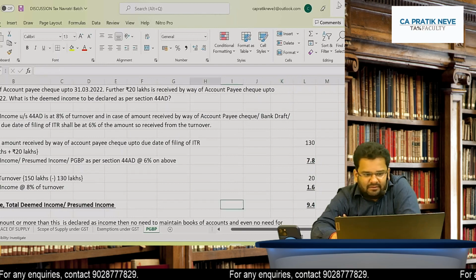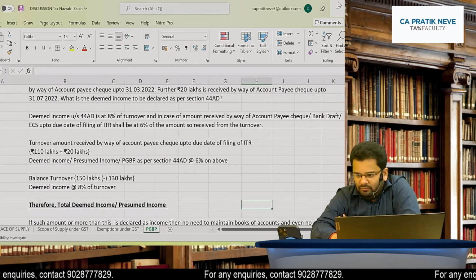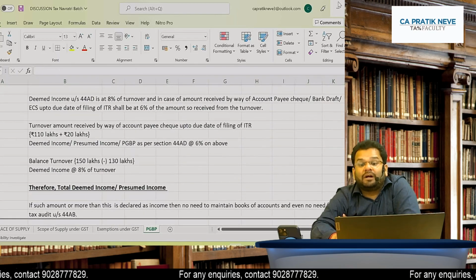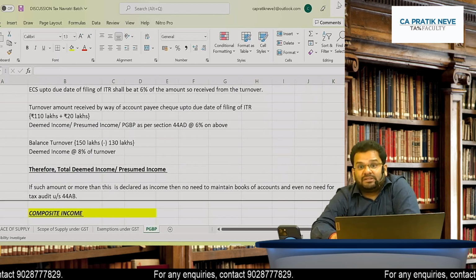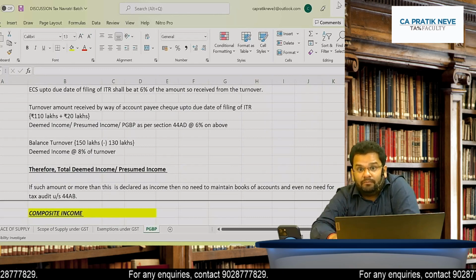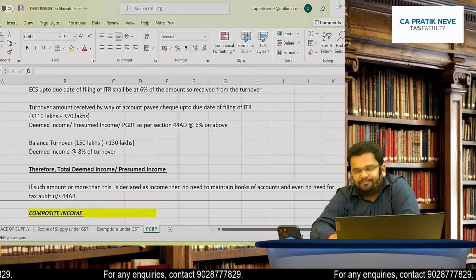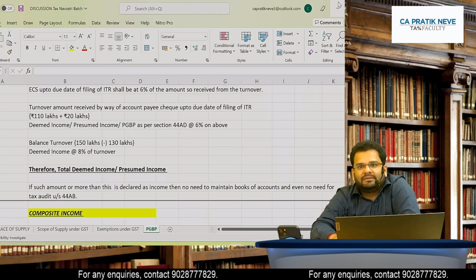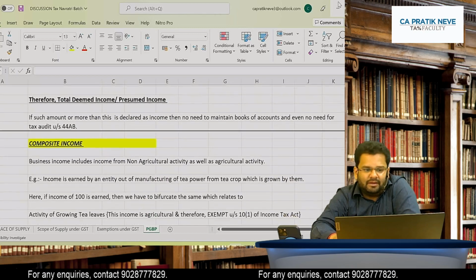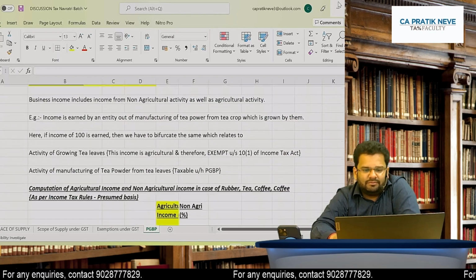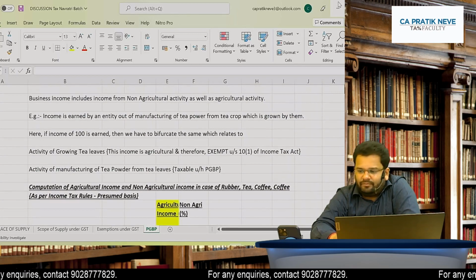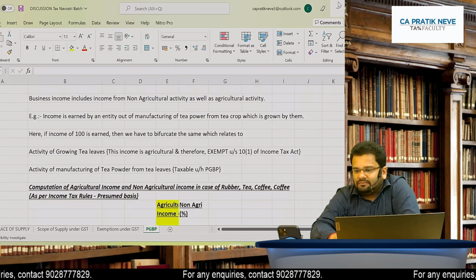So friends, 9.4 lakhs will become your PGBP as per section 44AD, right? समझ में आया? Did you understand? Yes, very good. Aditya, Kashish,